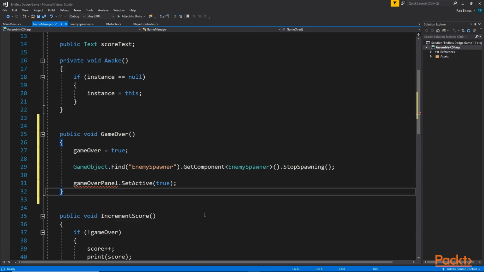And as you can see, first of all, we are making the game over variable equal to true. After that, we are writing GameObject.Find enemy spawner. That means we are finding the enemy spawner that we have in the scene. From there, we are getting the enemy spawner component, which is the enemy spawner script. And after that, we are calling the stop spawning function. So this function will stop spawning the obstacles when the game is over. And finally, we are saying